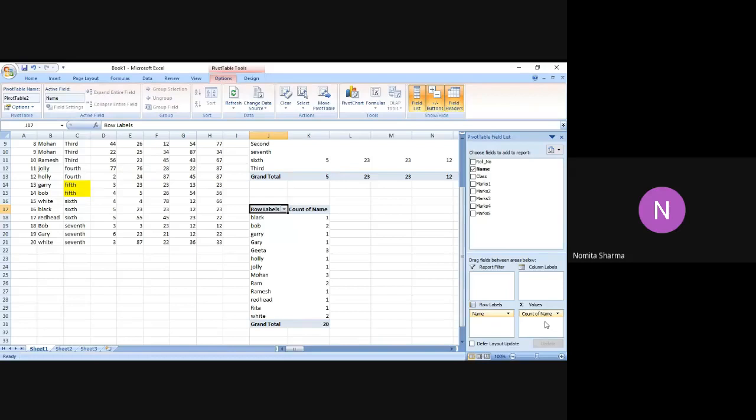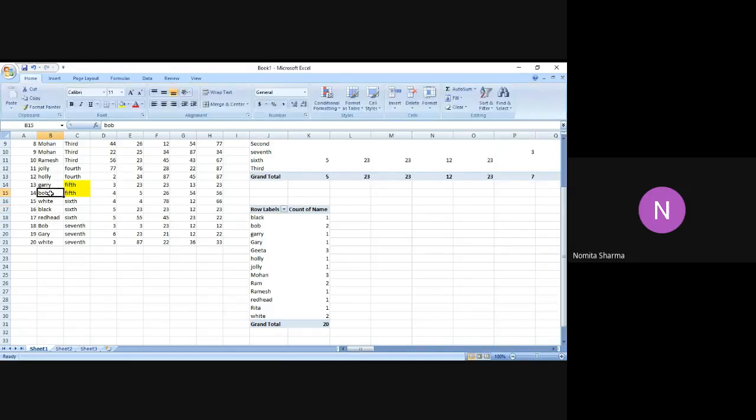Now, if you see what has happened, it has done some calculation for the names also, but it hasn't worked with the alphabets of the names. It has just counted the names that are individual or duplicate. So black is just one student, and there are 2 people with the name Bob, and I can check that there are indeed 2 people with the same name Bob. The only aim of having this master table in the same sheet was to check whether the result we are getting is right or wrong.